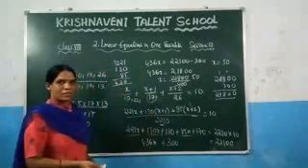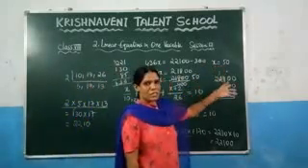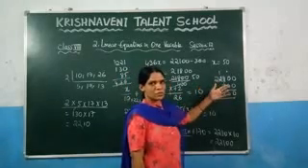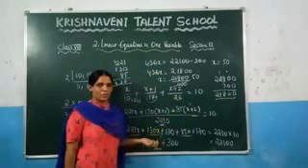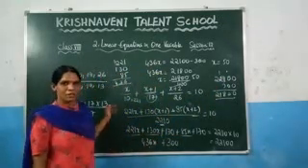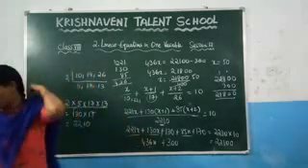Now what did they ask here? Find the consecutive numbers. So here the first number is 50. What is the next consecutive number, which is 51? And what is the next consecutive number, which is 52? So what are those numbers? 50, 51 and 52. Like this you need to solve this one. You can do it in the proper way. You can do this one as homework. Now see the next question.